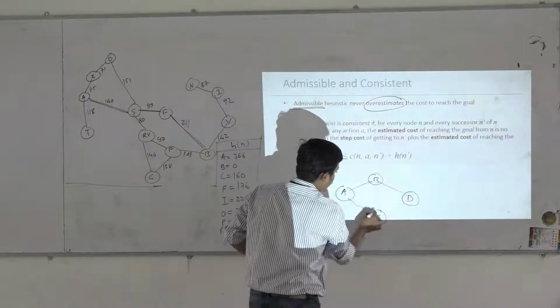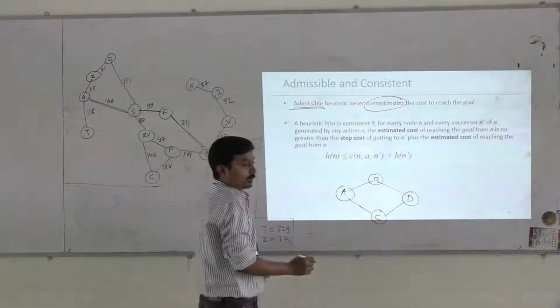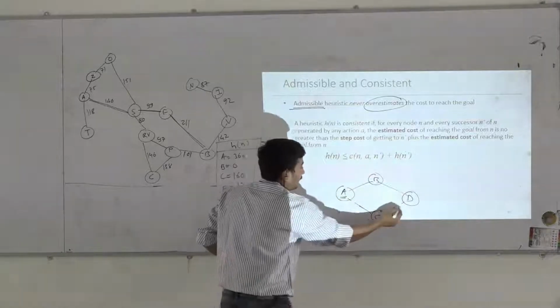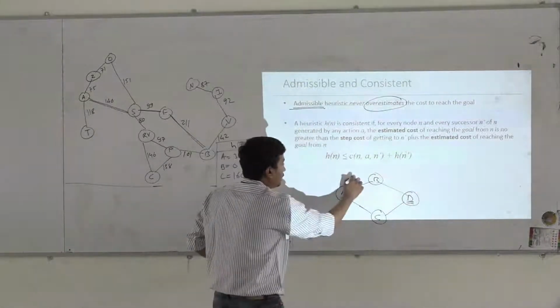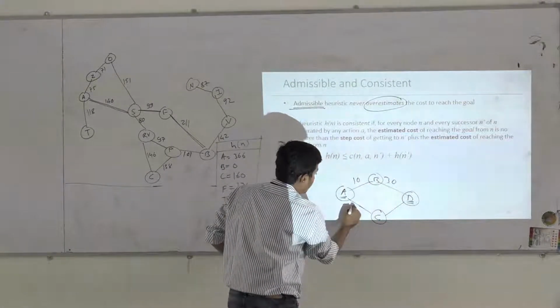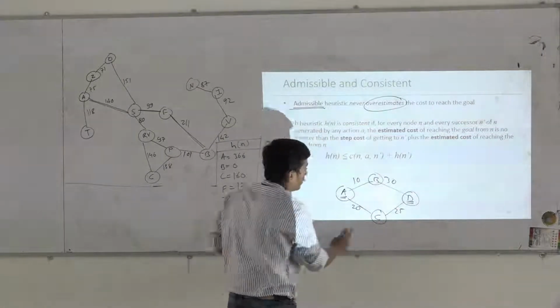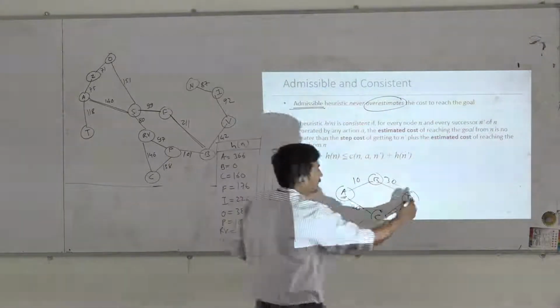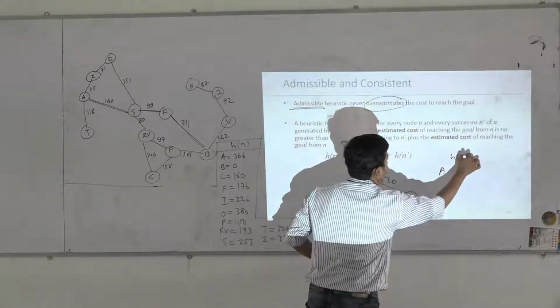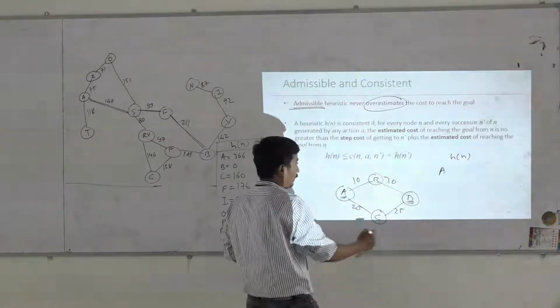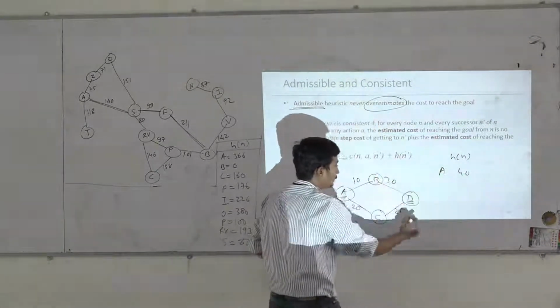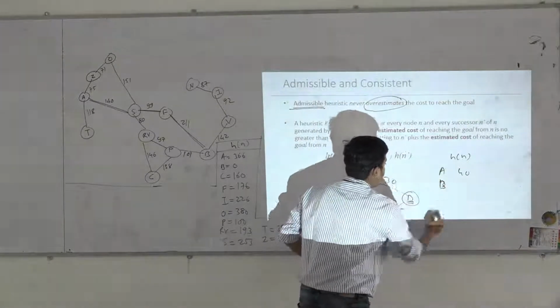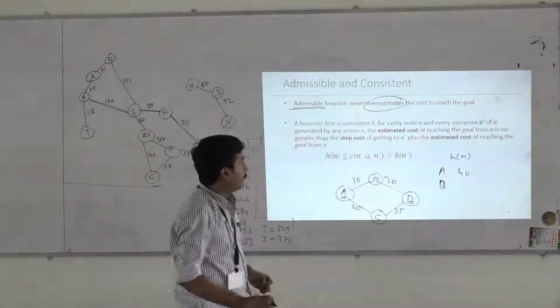Same route finding problem. So now we want to go from A, C, D to D. And these are some rough figures of the actual distances between the cities. And let us consider these are the h of n values. So A is, let's say, 40. B. So what is the overestimation?